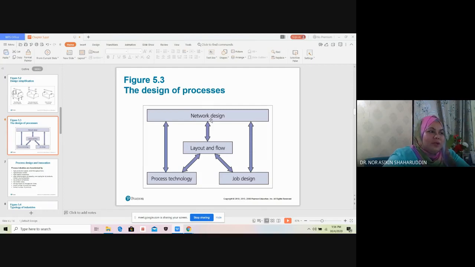So Model 5.3 basically shows the relationships between the elements of process design and the applicability of the service sector to the manufacturing industry. So the flow of the product itself from the factory operations may correspond to the flow of the customer